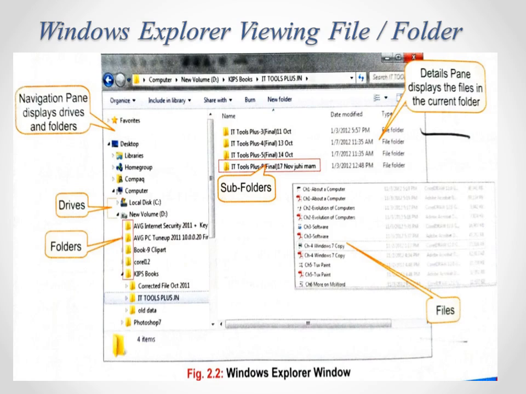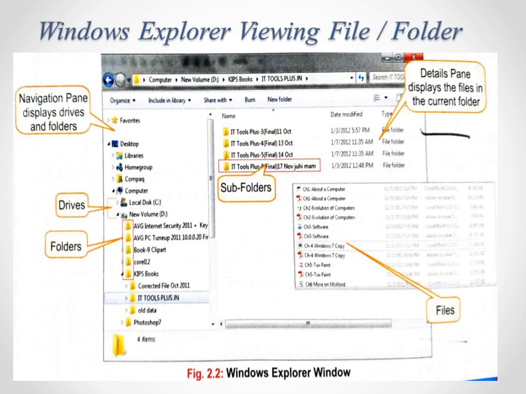It displays the drives and folders available on your computer screen. A subfolder, you all know, is a folder inside a folder. You know a folder helps you store all your documents. Inside it, one more folder is added, which is called a subfolder.